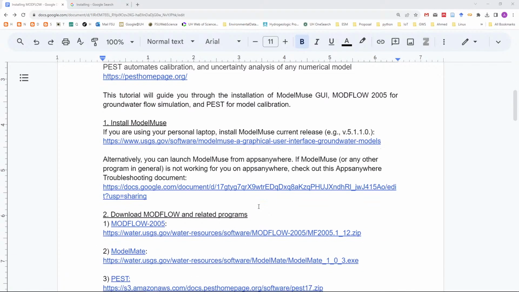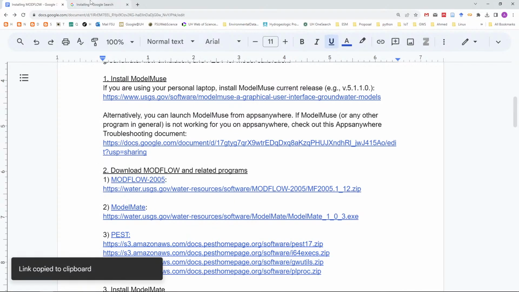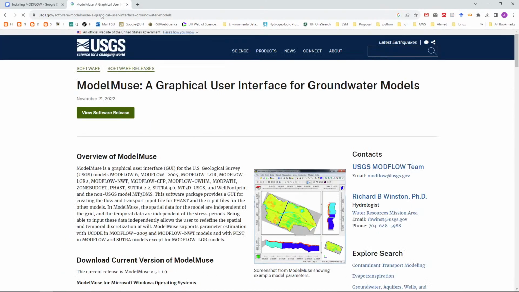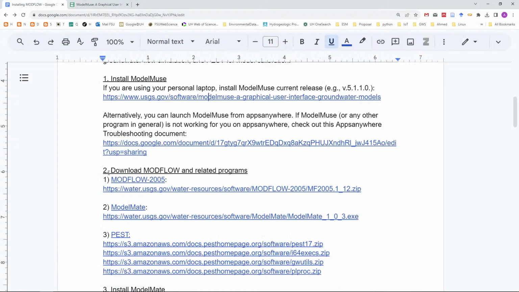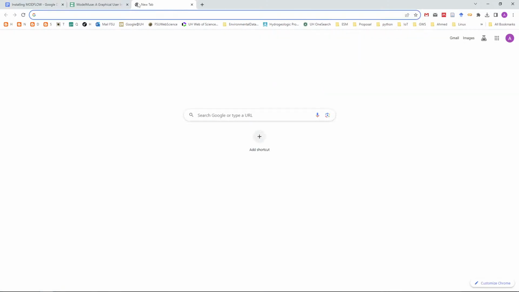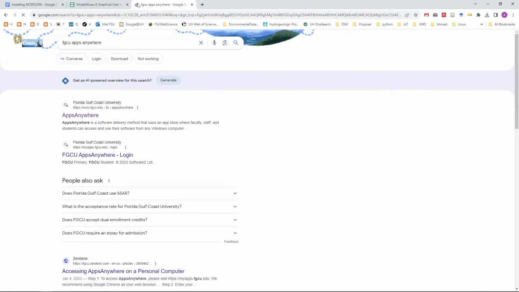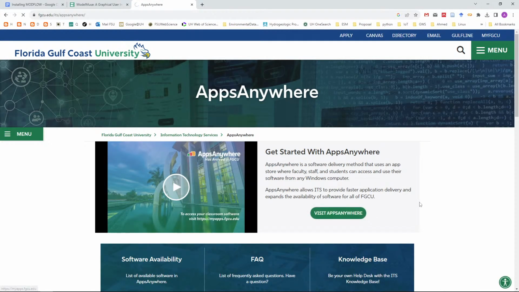To install ModelMuse, you can go to the website, and you can click here to install whatever the current release is. Alternatively, you can use it from AppsAnywhere. So if you go to FGCU, visit AppsAnywhere,